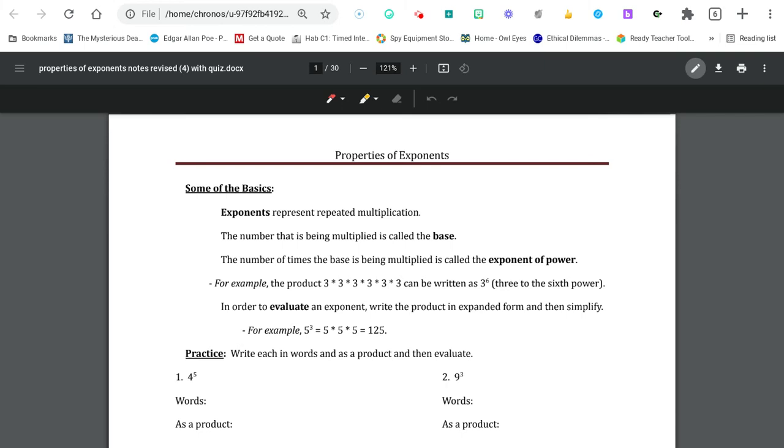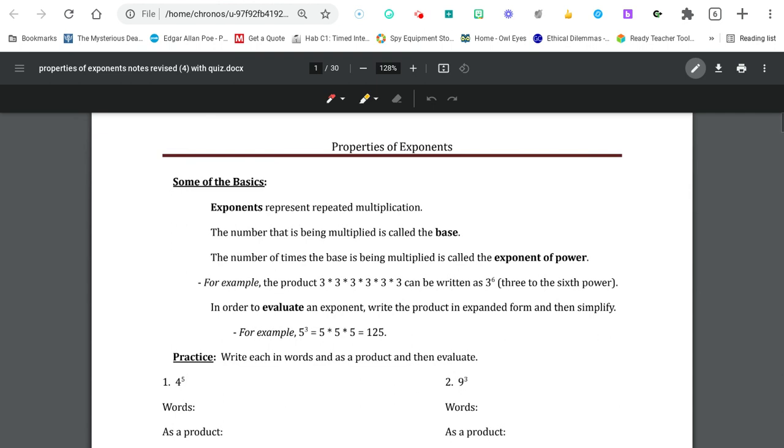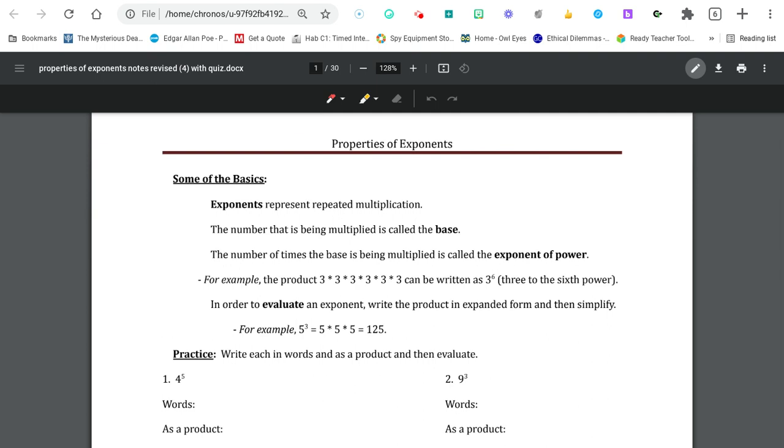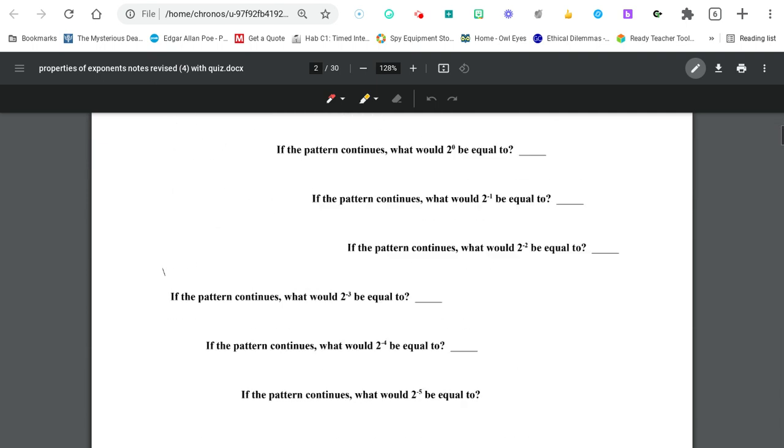So I'm going to start off with another 8th grade standard. Our objective will be to simplify exponential expressions, so we'll take an expression that's a little longer or larger and make it smaller by simplifying it using the rules for properties of exponents. But I'm going to go over some basics about rules for exponents, and then we'll get into the